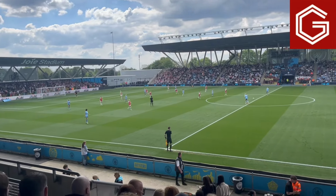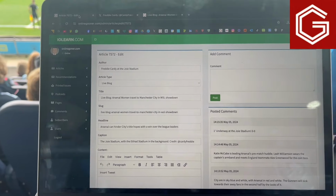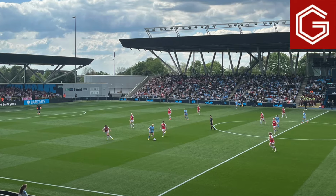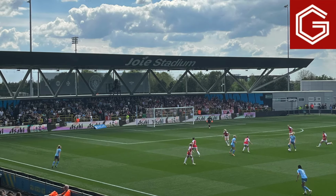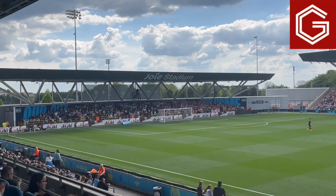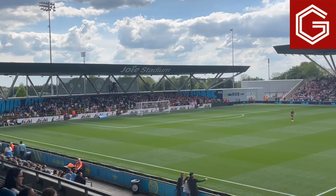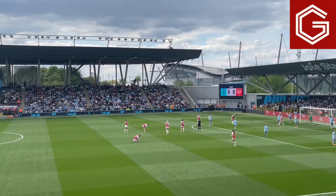Then the game getting underway, City enjoyed a really strong start, and I could start to make a couple of notes on my player ratings, keep that live blog going as well. Certainly a busy start to the game, and a frantic game it was at the Joy Stadium. Lots to talk about. I tried to get some tweets out early on, looking at how City were tactically trying to influence the game, the areas Arsenal were perhaps struggling in early on, but City did take an early lead